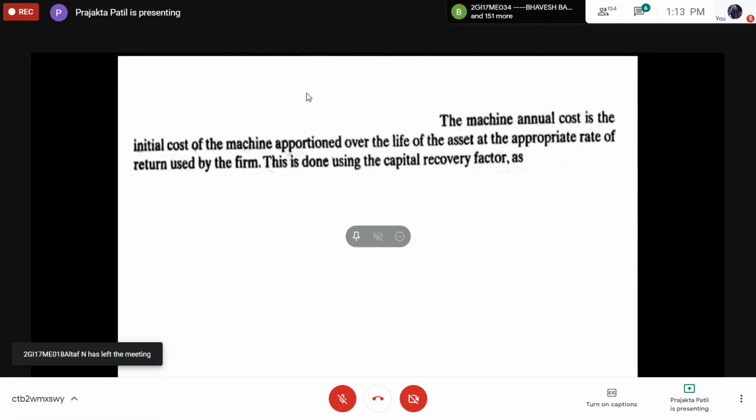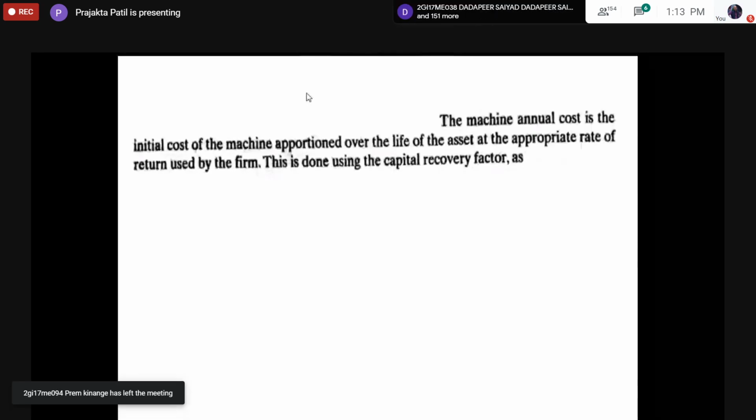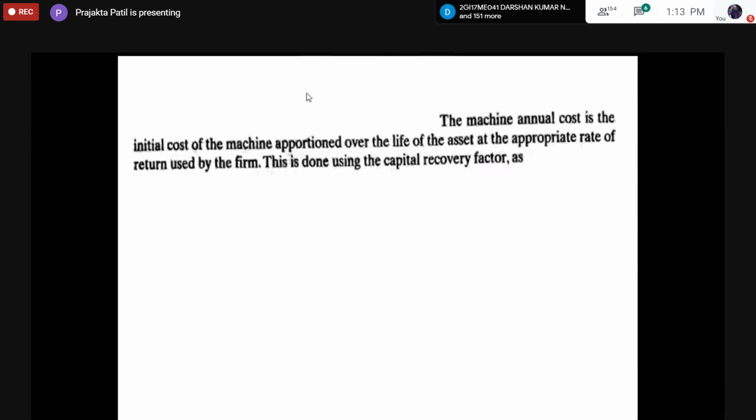One is the direct labor and the machine cost. So now we have these different work centers. What do we mean by work center? It can either be a combination of one machine with one worker, or it can be several machines with just one worker, or it can be several workers working on one machine, or it can be a work center which has many machines and many workers working.